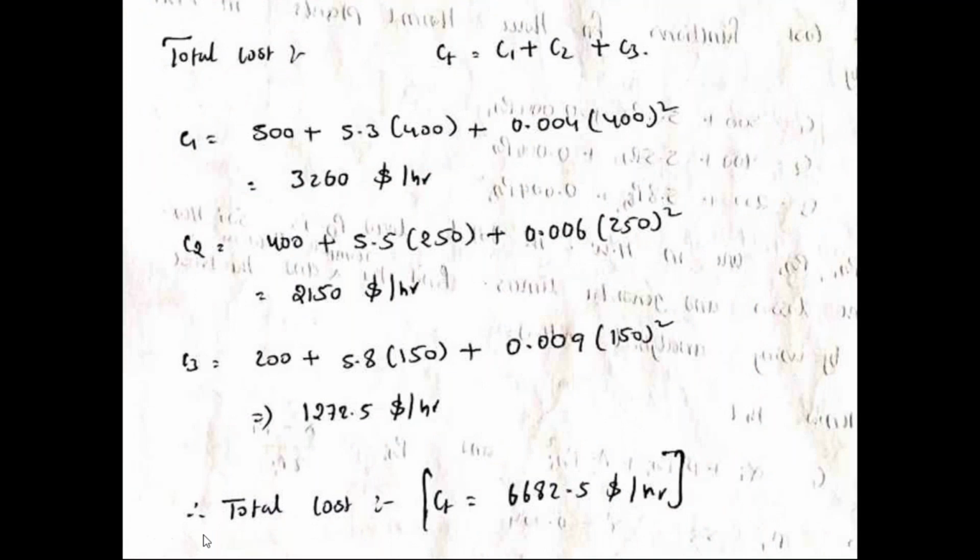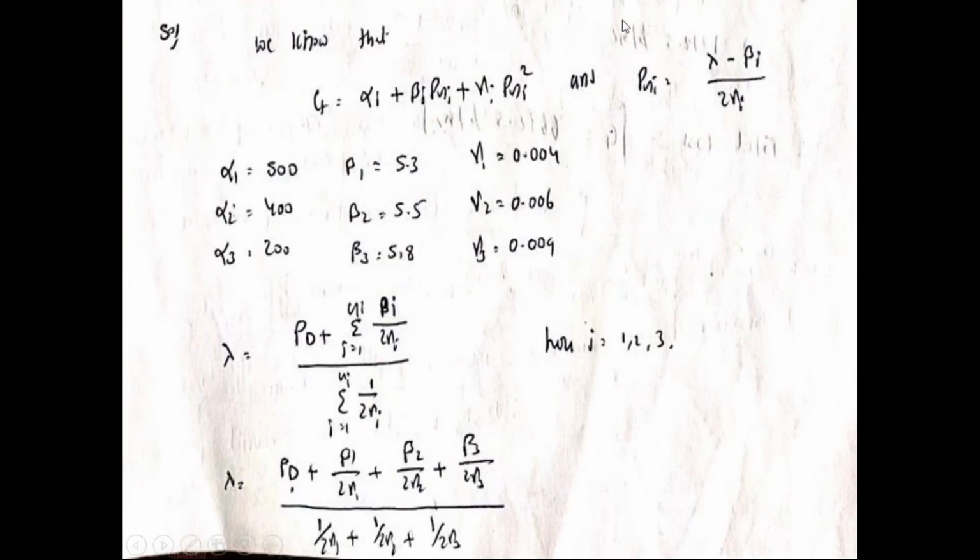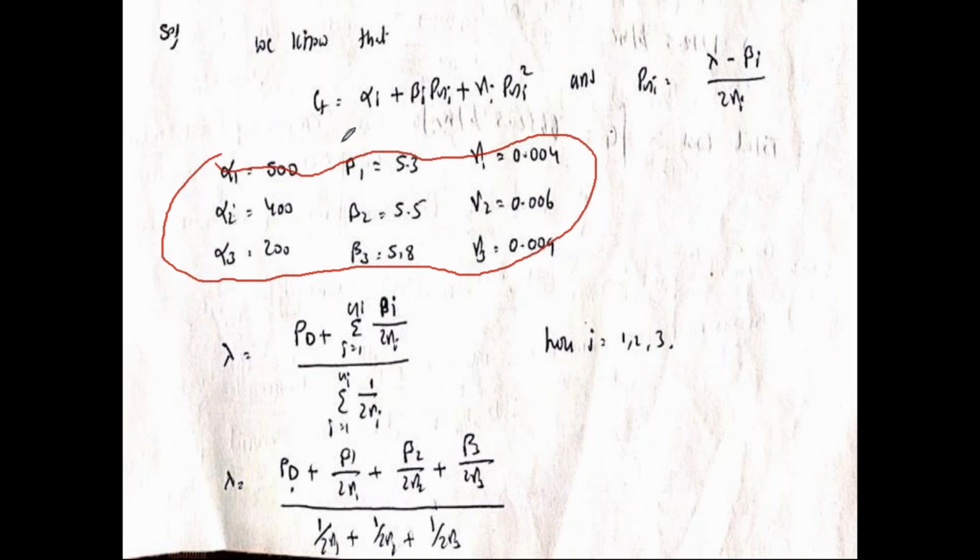So again, I'm showing how we can proceed with the problem. First, if the given problem is like this, you have to separate all the parameters included in the cost equations by the different plants. This is the first step. And the second step is to find the lambda value. Be careful while calculating lambda. Most of them make mistakes while calculating this lambda value. If even 0.1 is missing, then your answer is wrong. So be careful while doing this lambda value.